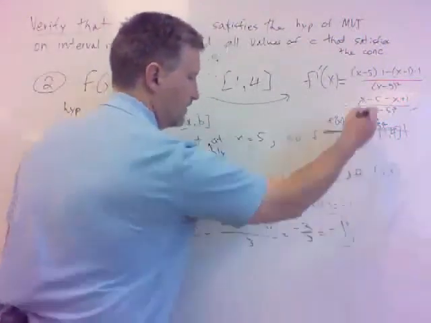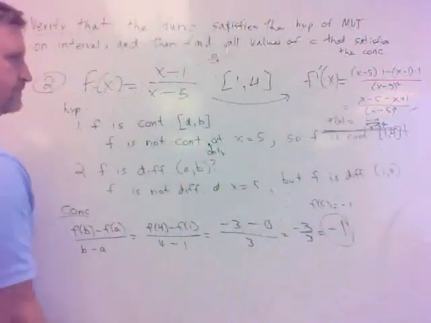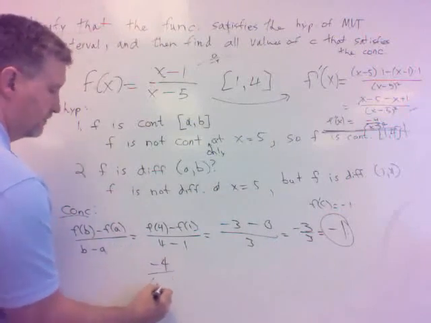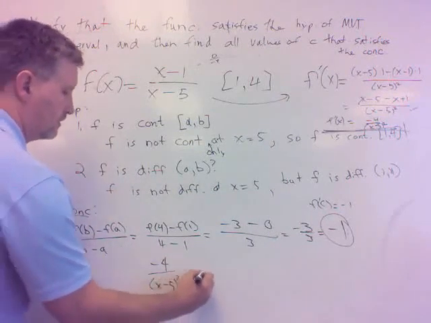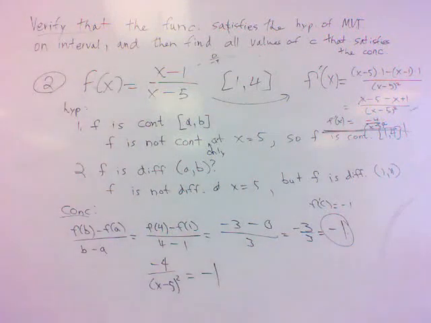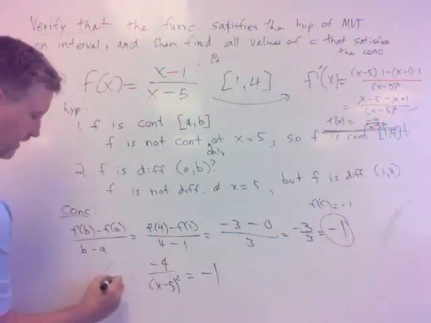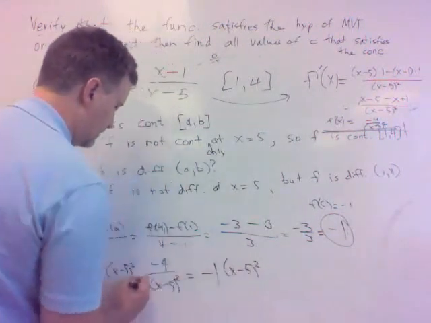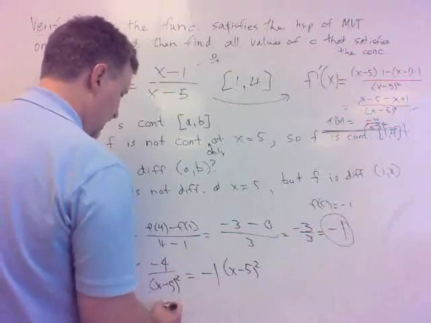This is telling me I want the derivative equal to negative 1. So let's set that all equal to negative 1. With me? How would I solve such a thing? How would you solve it? Multiply both sides by x minus 5 squared? Okay. I think that's what I'd do too. Because that'll cancel that out. Let's see. That'll give me